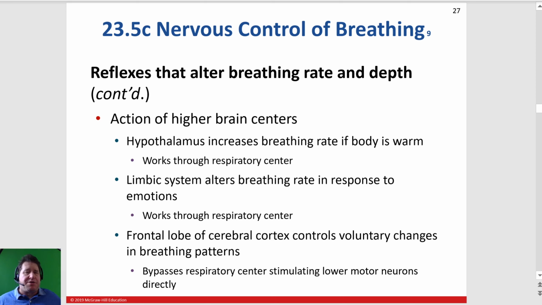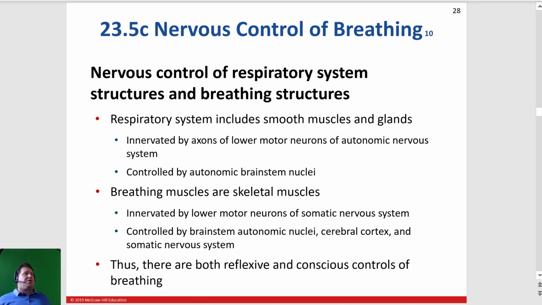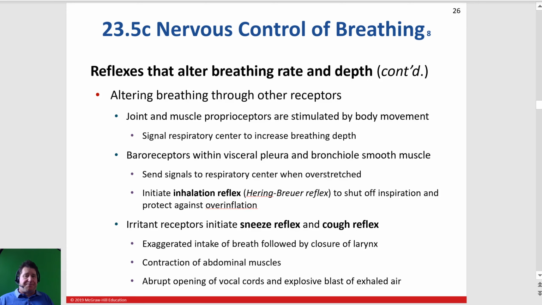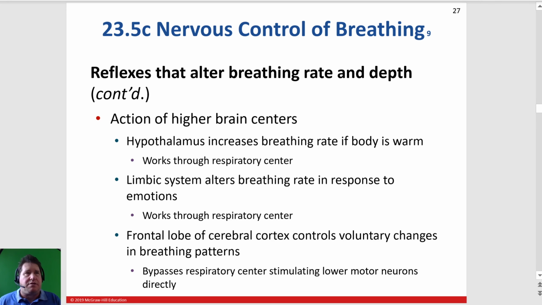Temperature of the body, hypothalamus, to try to change breathing rate if the body's too warm. Limbic system, so emotions. Frontal lobe controls those patterns as well. So again, there's other things that can affect our breathing besides just those levels of oxygen, carbon dioxide, and H plus, acid. Here they are: sneeze, coughing, preventing overinflation, hypothalamus trying to cool the body if it's warm, limbic system responding to emotions,